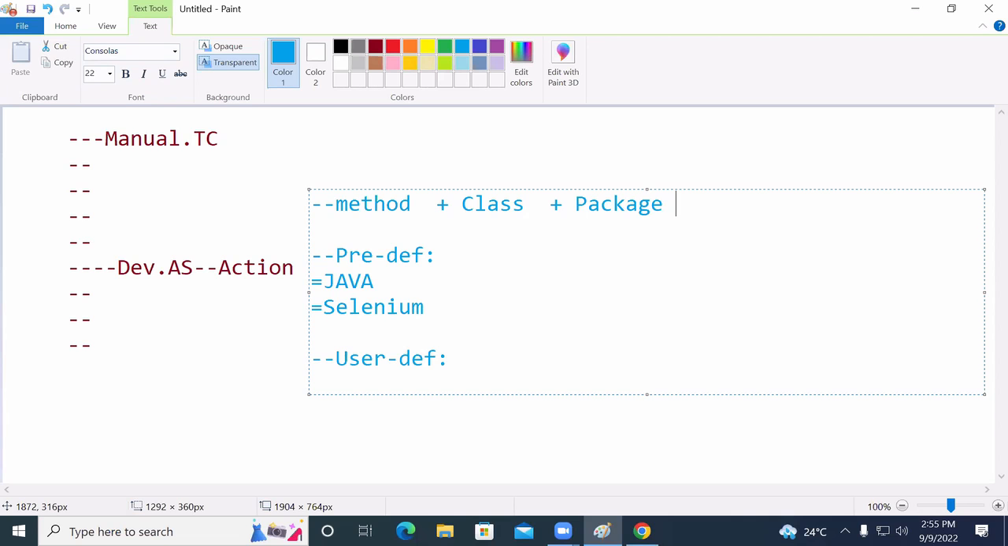You may consider Java or Selenium as part of programming. In simple terms, to perform an action, how can we perform it? With a method. A method is available in a class. A class is available in a package. A package will be available in